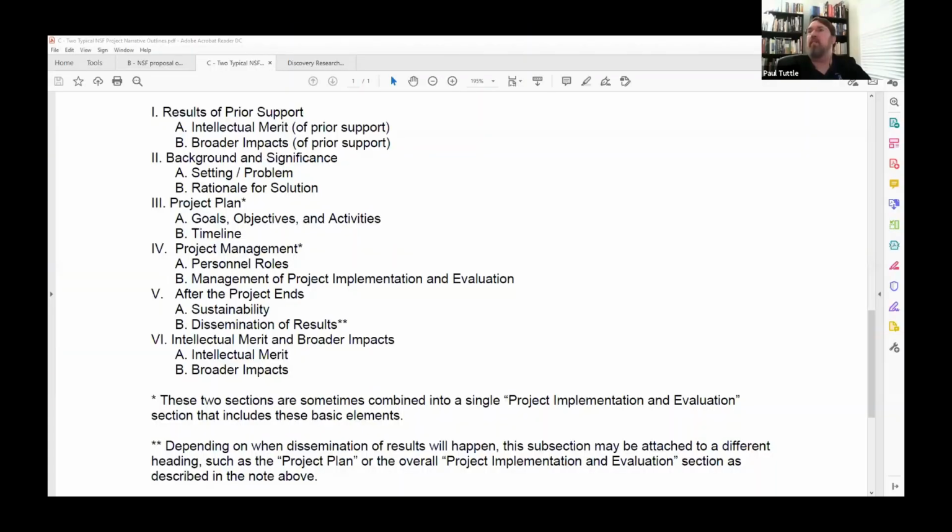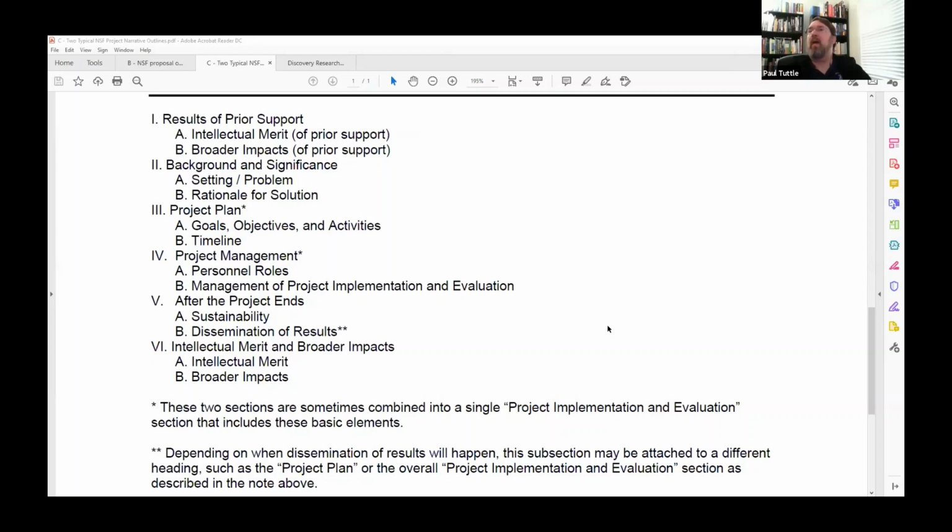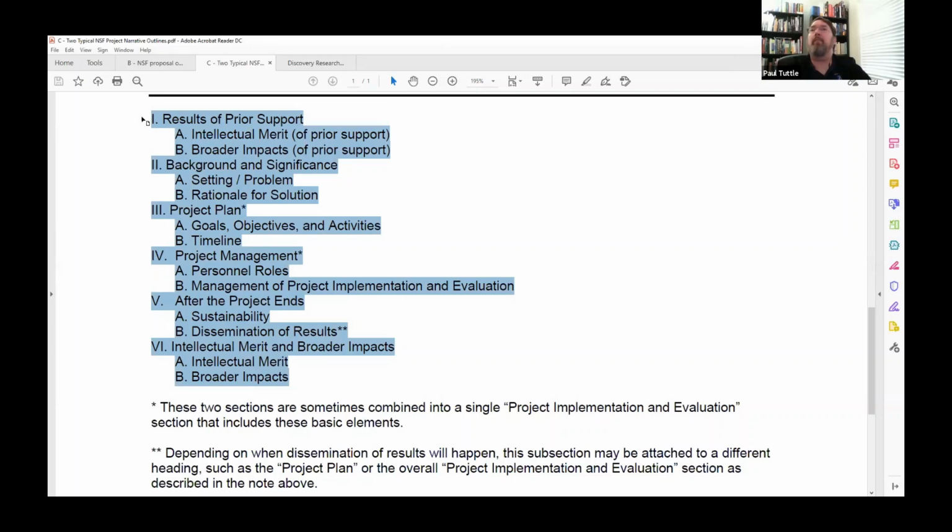What I've used in the past is actually this typical NSF narrative structure. And I've used this as the structure for a person like the advanced manufacturing expert who comes to me and says, how do I structure my project? So if I were to take this right here,